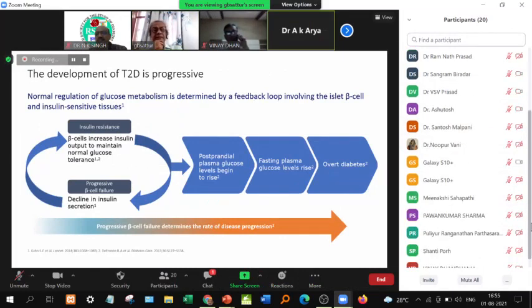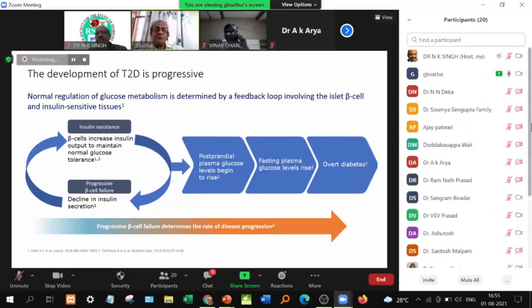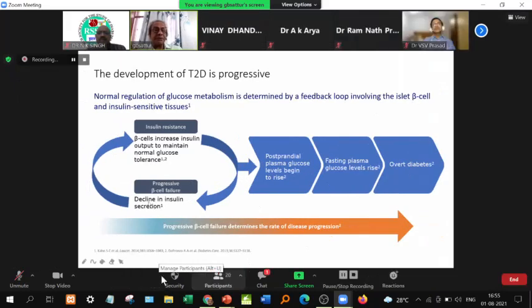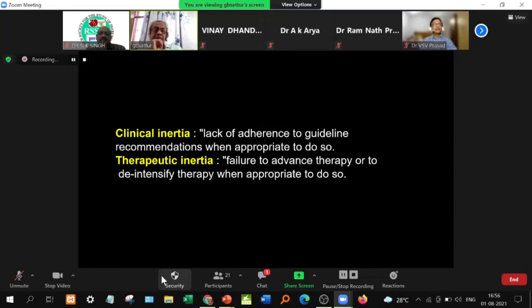We all know that diabetes type 2 is a progressive disease. We have all expected this very famous incredible loop of insulin resistance with progressive beta cell failure. And this is the one that ultimately drives to the postprandial rise and the fasting rise and ultimately the overt full-blown diabetes. And we also know that around 50% of the beta cells are lost by the time you detect diabetes. Now, initially, there was a bit of a difference of opinion.